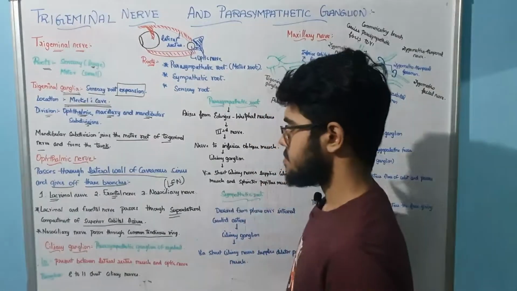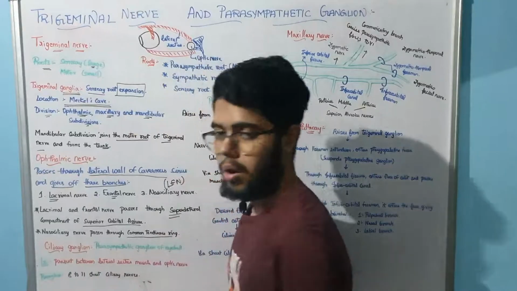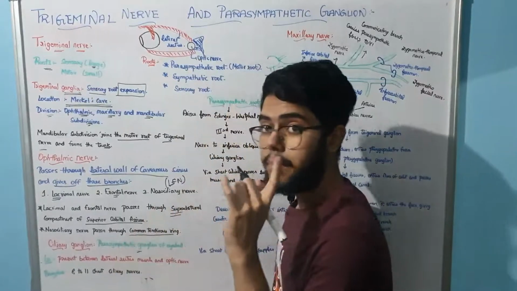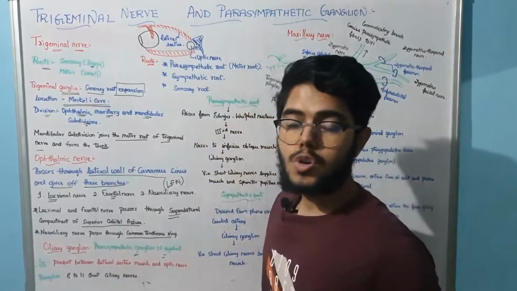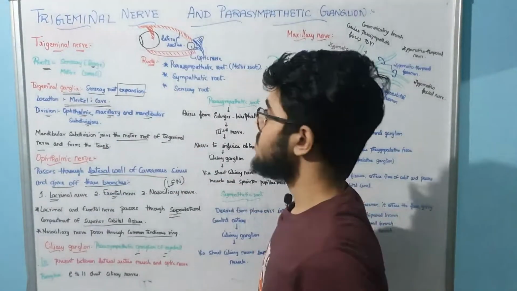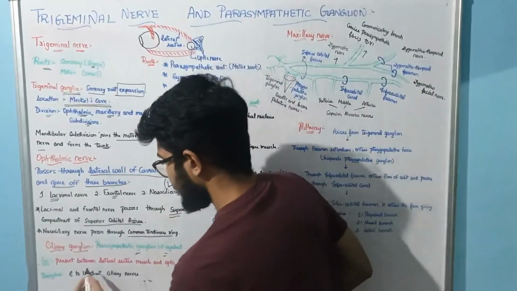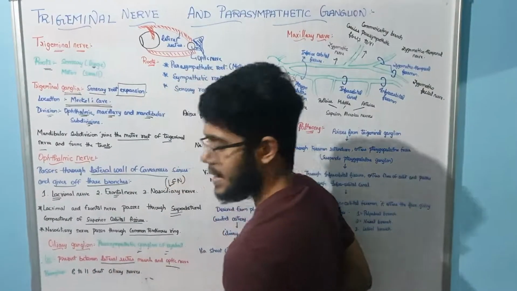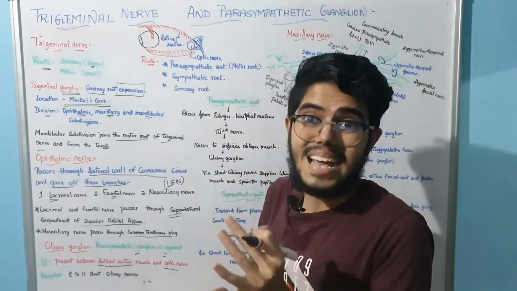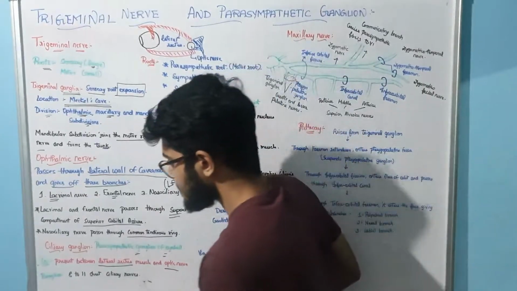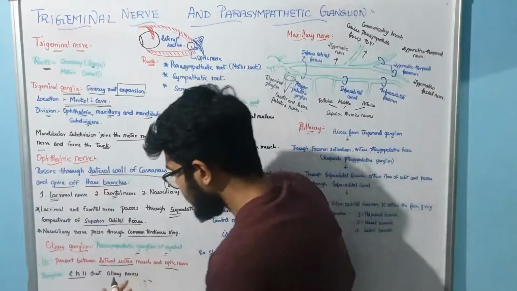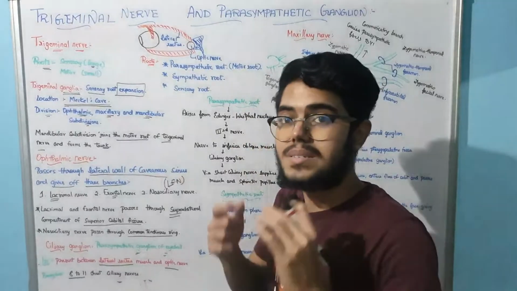Now let us see the ciliary ganglion. The ciliary ganglion is nothing but the parasympathetic ganglion of the eyeball. So where is it located, sir? Very important: it lies between the lateral rectus muscle and the optic nerve. If you see its branches, it is going to give off short ciliary nerves, numbered 8 to 11. So this ciliary ganglion has got 8 to 11 short ciliary nerves as branches.